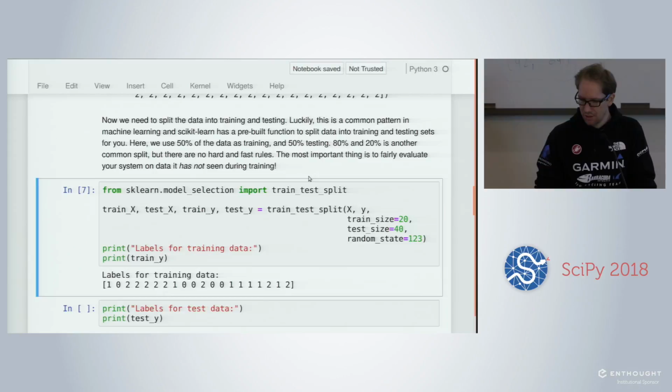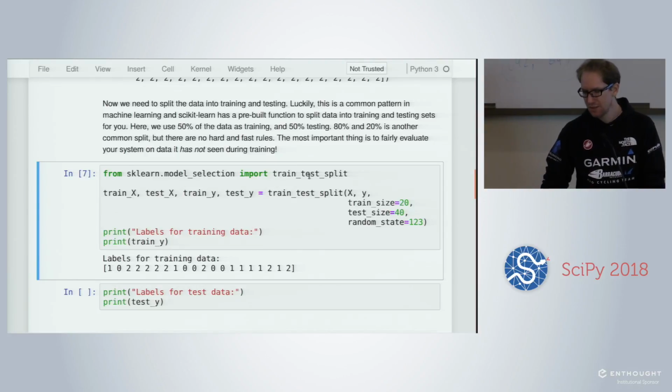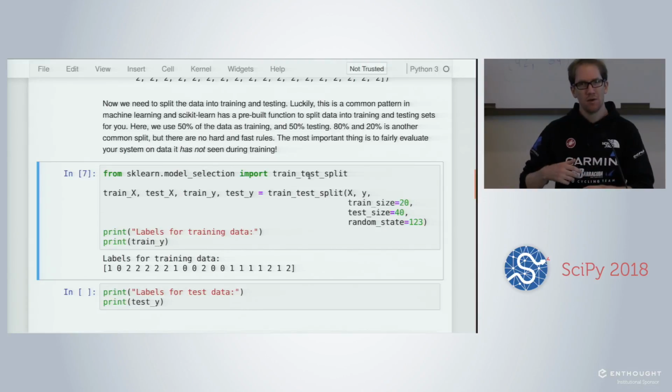And then you give your X data, your Y data, and then the proportion of training samples that you want, and the proportion of testing samples that you want. So here we want half of the data to go for the training and half of the data to be in the testing. And then here we set the random_state, which is the seed, which will first shuffle the data. So we'll first shuffle the data and then split half and half.